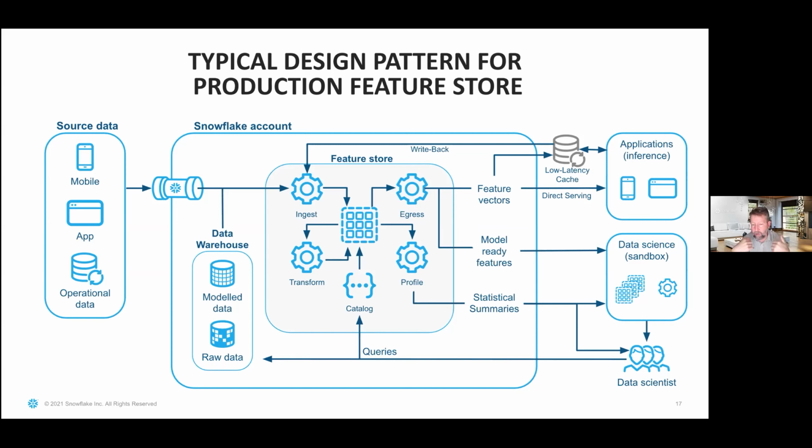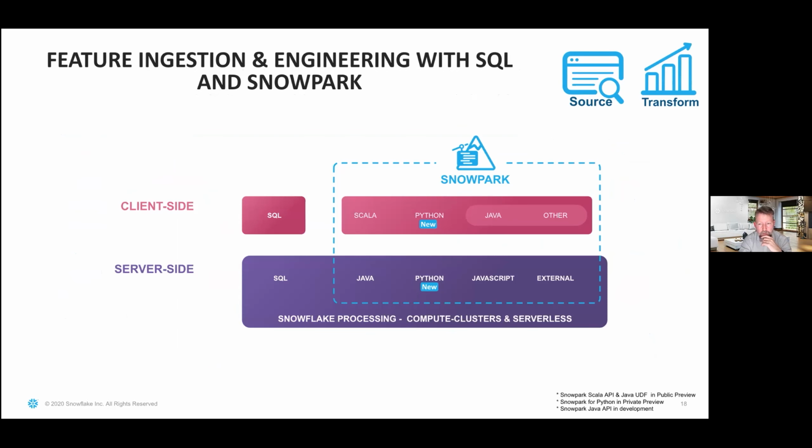And ultimately, they want to pull the data out at the point where they want to either train models. That's typically done externally from Snowflake, in Python clusters or Spark clusters, depending on the scale of the data. And then also for prediction as well. So that could be directly served from Snowflake. I'll talk a little bit about the performance expectations for directly serving data online for prediction, or they may introduce some kind of caching technology to support that as well.